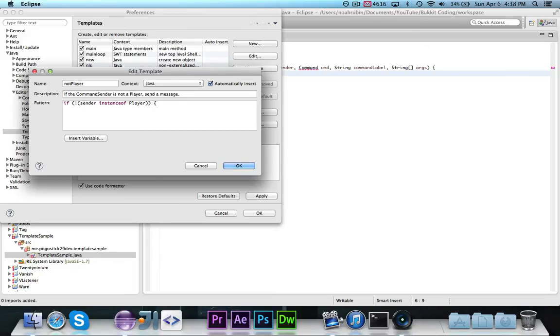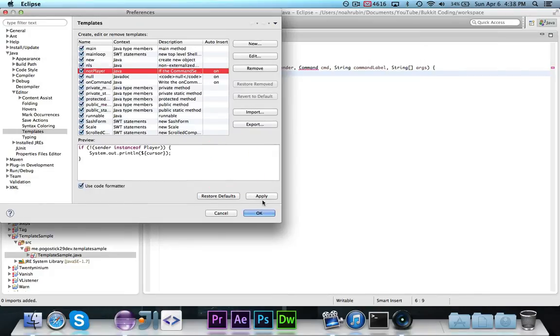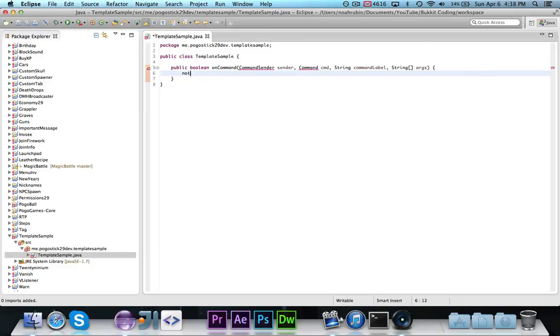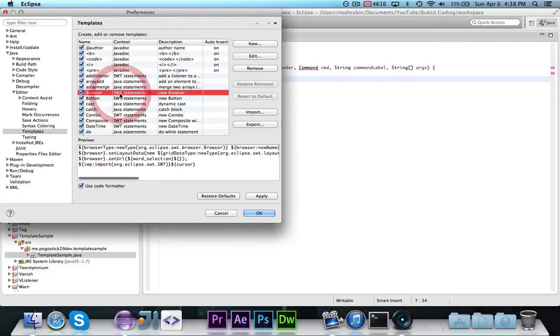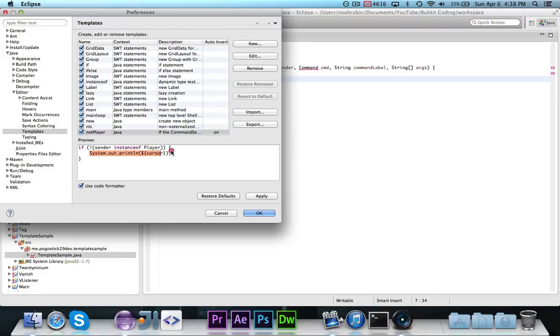And then we can say system, or rather we probably wouldn't want to use that. We can just say System.out.println, and then we can actually use the cursor variable here, and then we want another space, and then we're going to end that. So now, if we go ahead and run this, then let's say we want to do the check, we say not player, control space, and it will automatically insert if not sender instanceof Player, System.out.println. Or even better, I just realized, we can change it to say